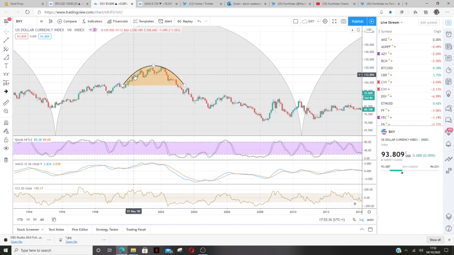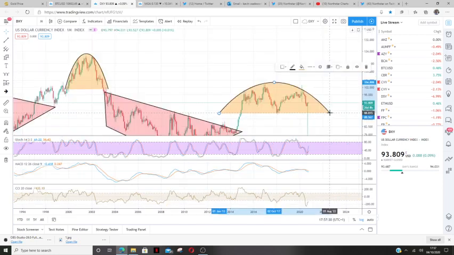But you could draw the arc to that upper spike there and start fiddling around with it, and you get a higher point where the arc can be tested. If we zoom in a little bit, I'll get it a little bit more satisfactory. So something like that, which gives you 98 or 99 even if the dollar index was to move up vertically at this point in time. But I suspect it's going to move in a bearish wedge to around about 95 or 96